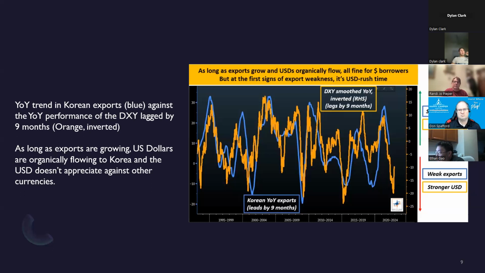It's because a Korean exporter, in this example, that has leveraged its balance sheet in US dollars to enhance its business growth won't have a problem in periods of strong growth, like we've seen basically since 2011. 2008, you can make a case for since then. But as dollars organically flow, the Korean business owner can easily service its dollar-denominated liabilities. But when these US dollar cash flows dry up as the economy is weakening, all of a sudden servicing debt becomes hard, especially when it's in US dollars. You're having to pay more Korean won to service the same amount of debt.